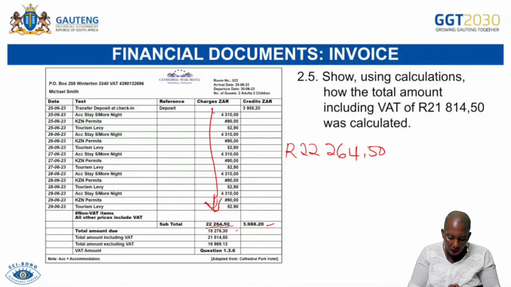22,264.50, and then I subtract the 18,276.30. That is 3,009. Okay, it's fine. This one is correct. So meaning I must take this one, the 18,000 now. And then it will be the